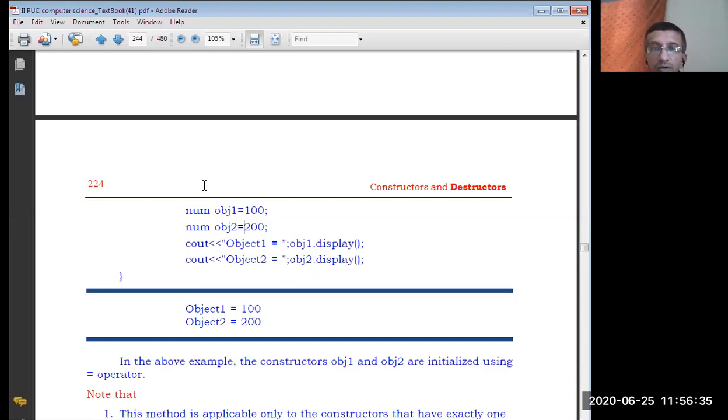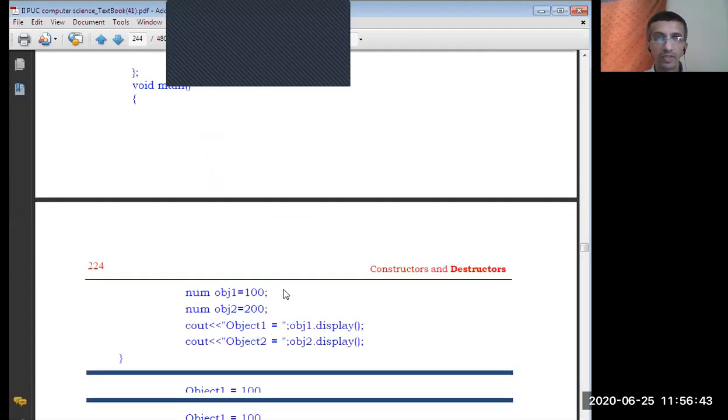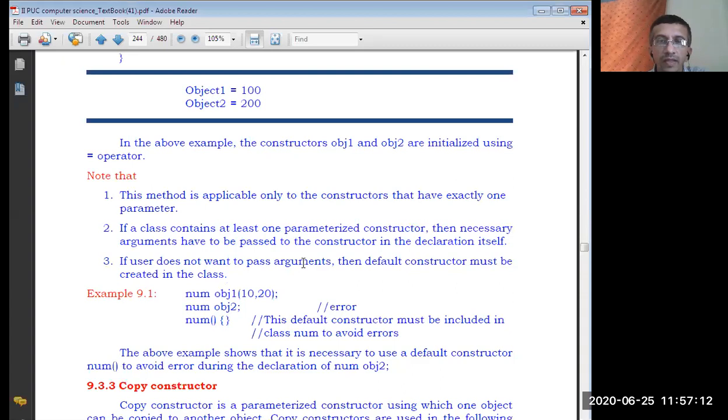What is 100 and 200? The values of the variable A, a single data member A. So these three things we have seen for invoking the constructors in the case of parameterized constructors. Even implicit and explicit can be written for other constructors also. Default constructor also we can call in this way. Right? Simply opening and closing the parenthesis without any arguments. That I will show using another program. So then copy constructor, everything else we have seen.